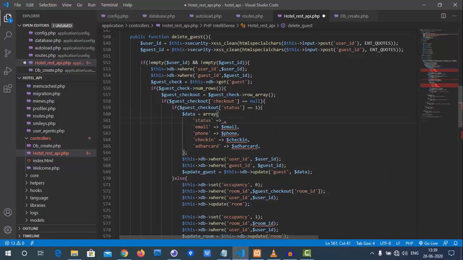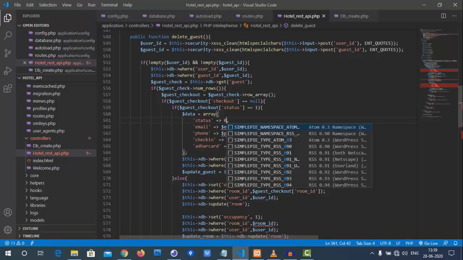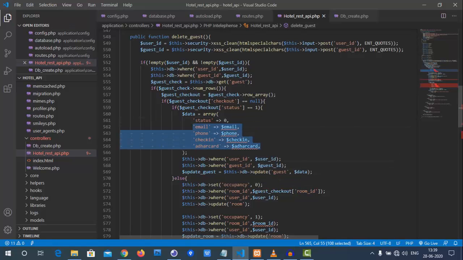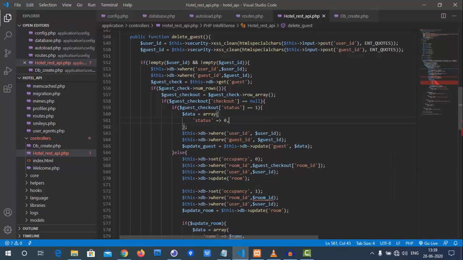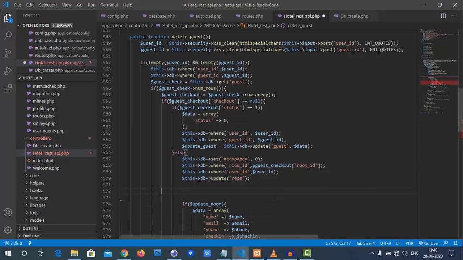So if checkout is null, we will see the status. If the status is equal to 1, meaning it is active, then I'll change this status to 0 and update the guest.